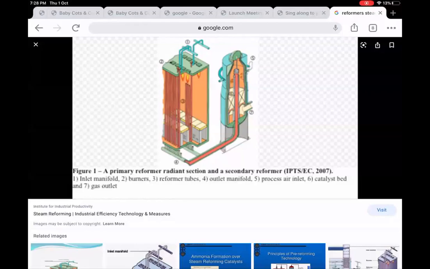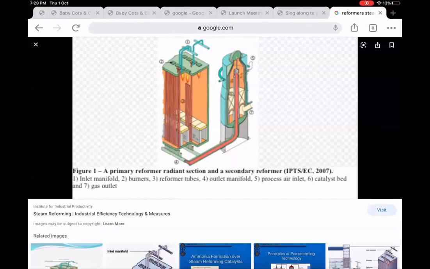Suppose you are talking about endothermic reactions, the catalyst is loaded inside the tubes. So who will supply the heat? The fire that you see on the top is the burners, which release the heat. That heat will be gained by the catalyst inside the tubes. This is one example, steam reforming of methane, which is a highly endothermic reaction. This is where you do this type of reactions.